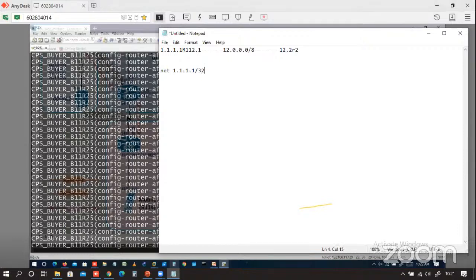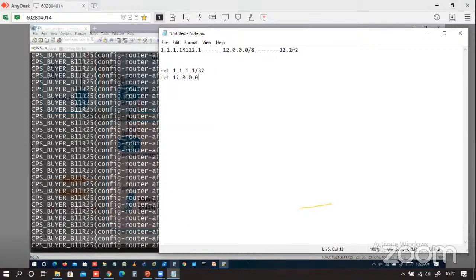That is fine, right? But when it comes to a segment, we cannot advertise the real IP address. We have to advertise the network address. The reason is that on this segment, maybe we can have other users, right? So let's say on this segment, we have 10 users. At that time, we have to advertise the network ID. A single subnet will carry all the addresses. So in this case, we have to